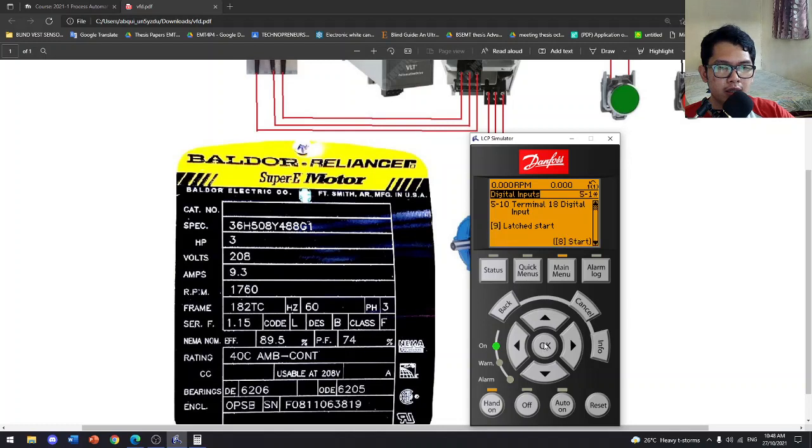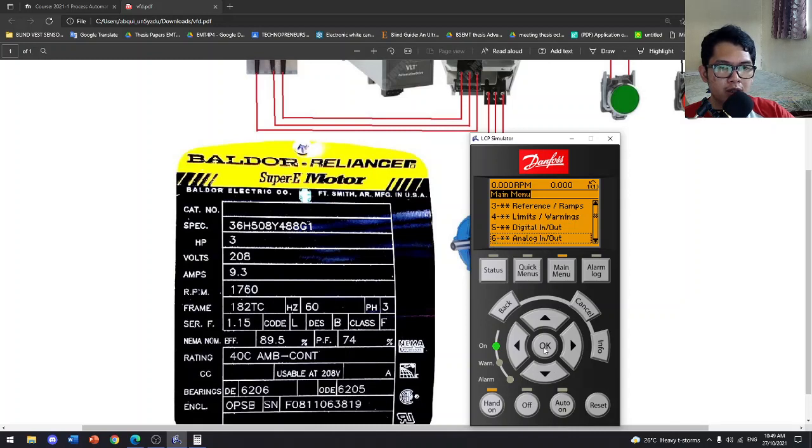Then next, OK. Then click main menu again. Same process. Digital in and out. Then digital inputs. Okay. But now let's proceed to terminal 27. Then change this coast inverse into stop inverse. Press OK. Next, click main menu and locate this analog in and out, which is number 6.